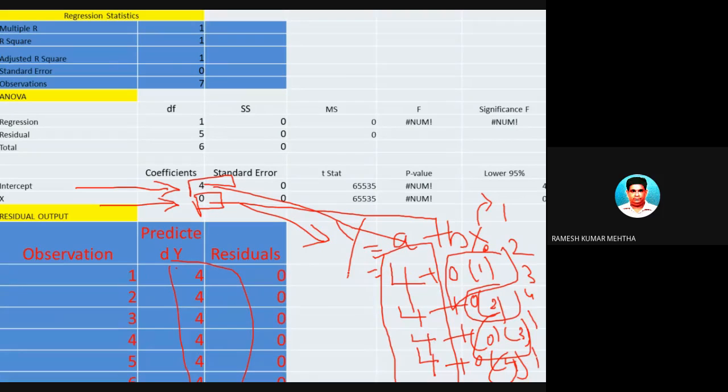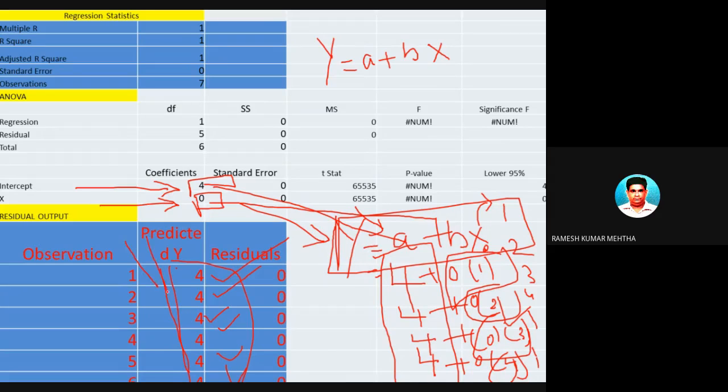This equation is called the prediction model. So the value of y when x is equal to 1 is 4. The value of y when x is equal to 2 is 4. The value of y when x is equal to 3 is 4, and so forth. Means these are the predicted values by the given equation. By plugging in the values of x, the constant and the coefficient of x on y, I will get y equal to 4. So this has been predicted when x is equal to 1, 2, 3, 4, 5, 6 and 7.